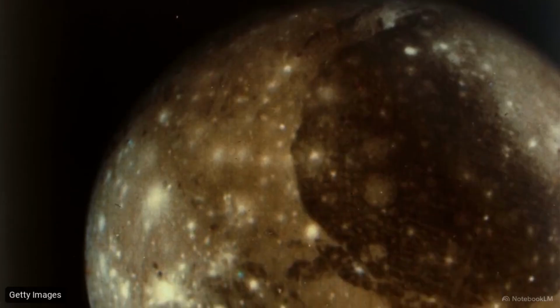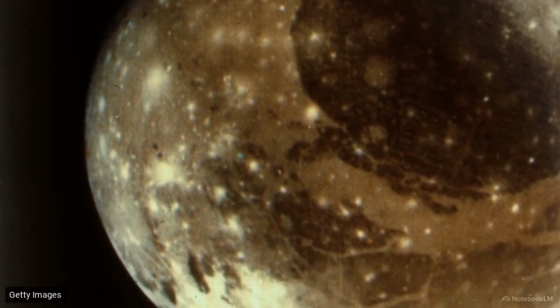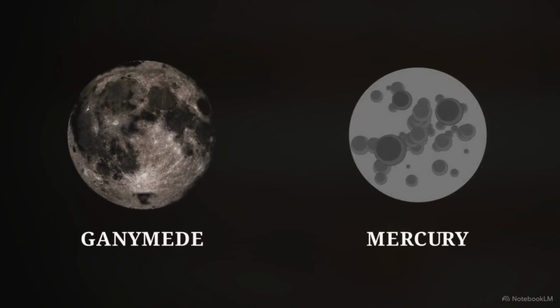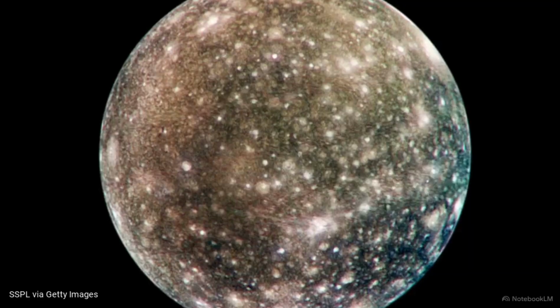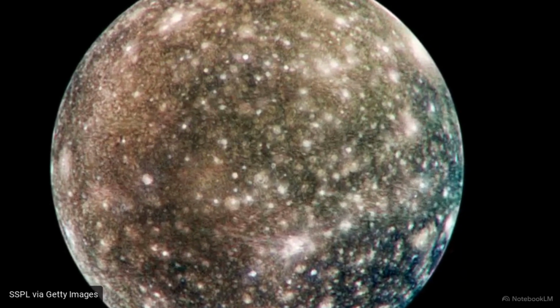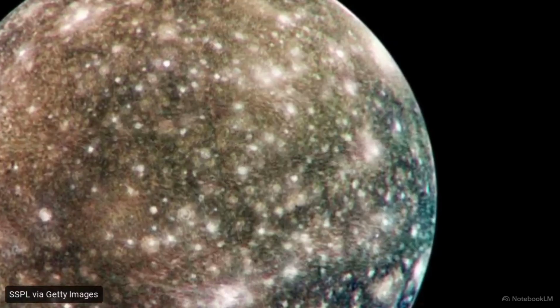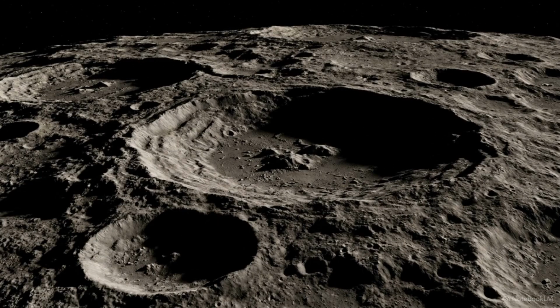Further out lies Ganymede, with its sprawling terrain of light and dark patches. It is the single largest moon in the solar system, so massive it physically outranks the planet Mercury. Finally, there is Callisto. Its dark surface is saturated with bright white impact craters, acting as a quiet, frozen record of the violent early days of our solar neighborhood.